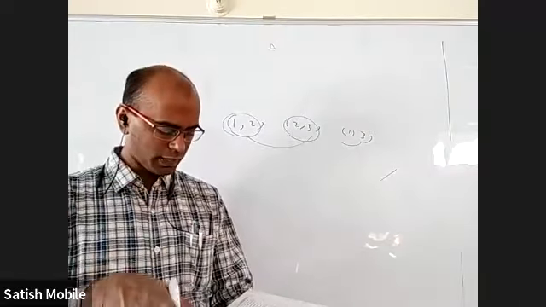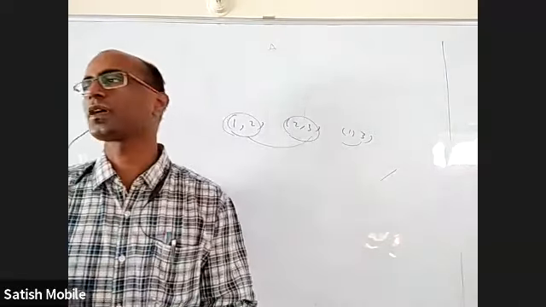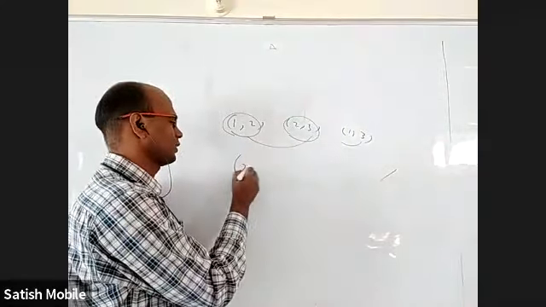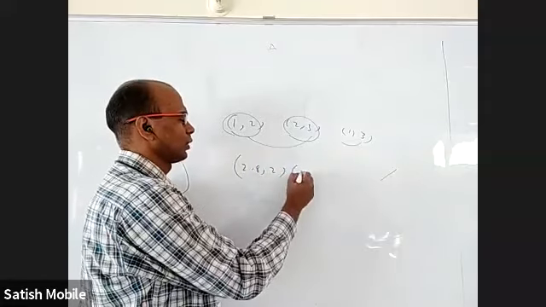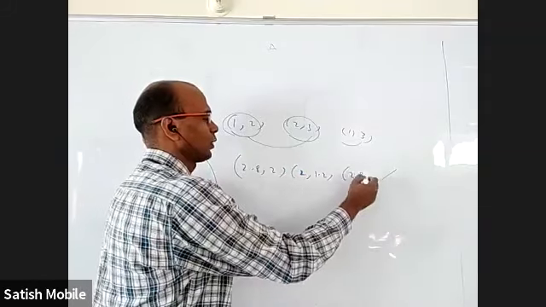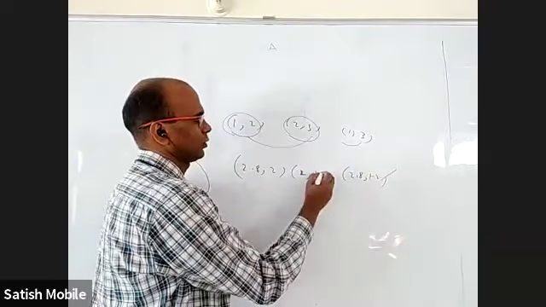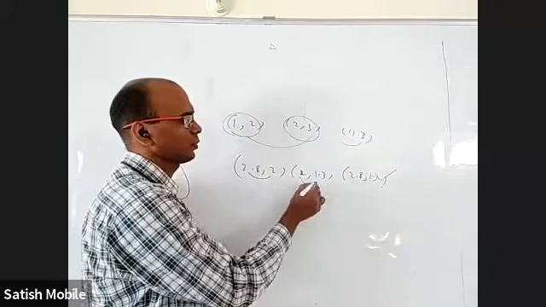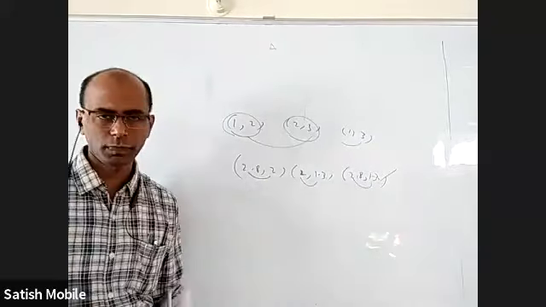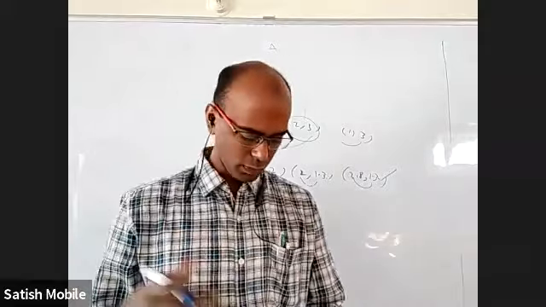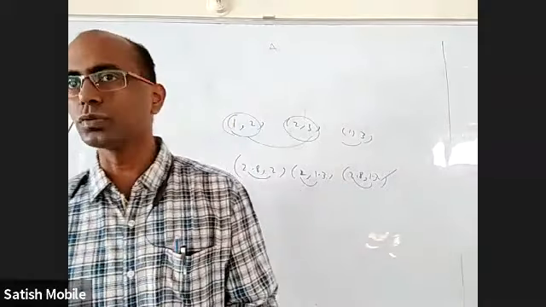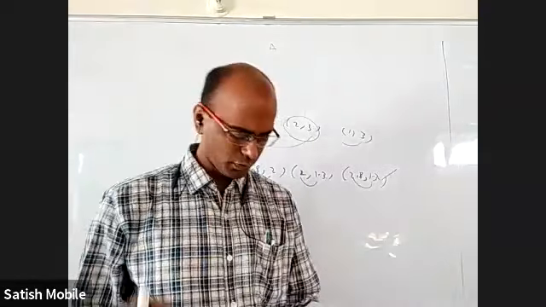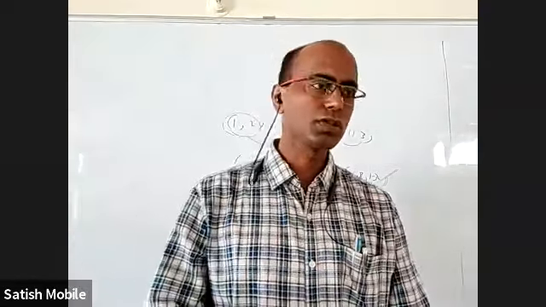So 1 comma 2 will be there in that relation, 2 comma 3 is there in that relation, but 1 comma 3 will not be there. You can even take a little smaller if somebody wants. You take, let us say, 2.8 and 2, and 2 and 1.2, and 2.8 and 1.2. Why only 1.2? Can take 1.3. This gap is 0.8, this gap is 0.7, but this gap is 1.5, crossing 1. Okay, so if A minus B is less than 1, B minus C is less than 1, A minus C will be less than 2. There's no guarantee that it will be less than 1. But it is reflexive because if you take A comma A, A minus A is 0.